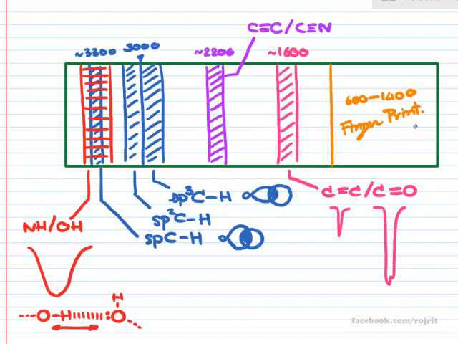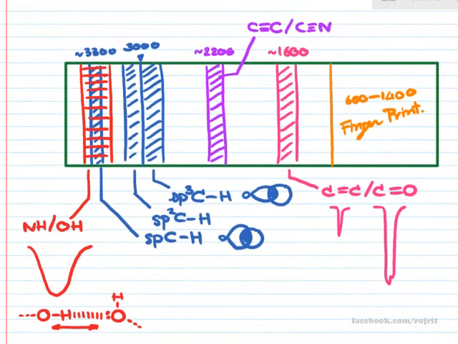The vibration here in the fingerprint is also very complicated. So all of this less than 1400, we normally ignore, and we tend to use the region from around 1600 up to 4000 wavenumber. So if we look closer,